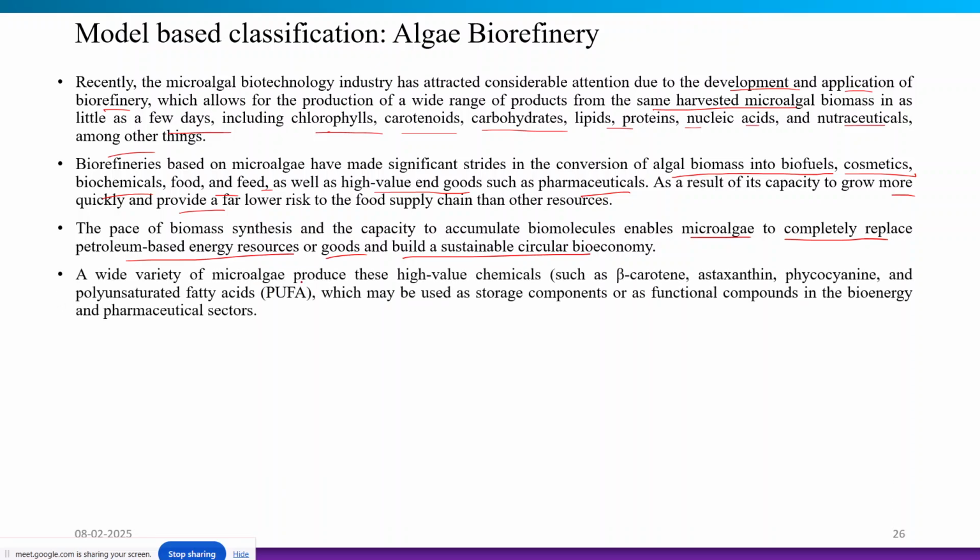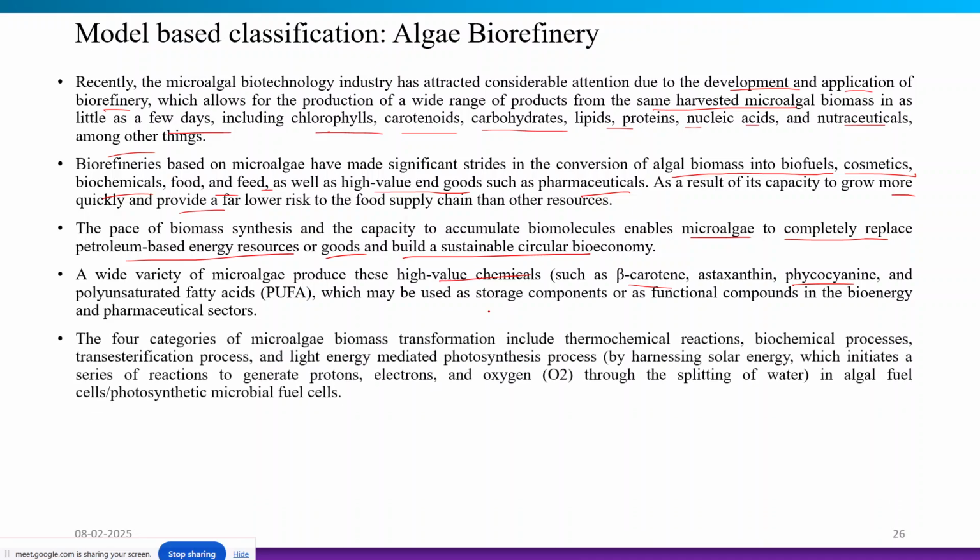A wide variety of the microalgae produce high value chemicals such as beta carotene or polyunsaturated fatty acid. This kind of high value chemicals, produced by the microalgae, may be used as storage components or functional components in the bioenergy or pharmaceutical sectors. The four categories of microalgae biomass transformation include thermochemical reaction, biochemical processes, transesterification, very important for the algae biorefinery, and